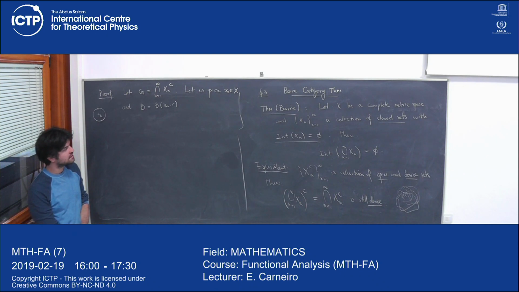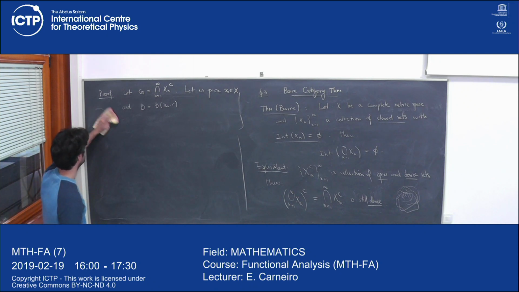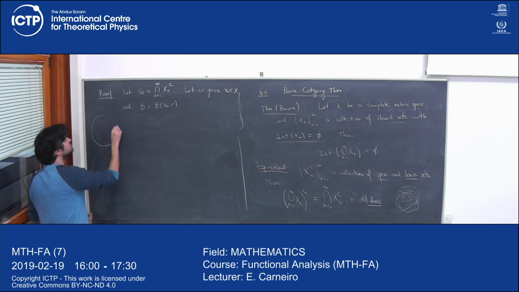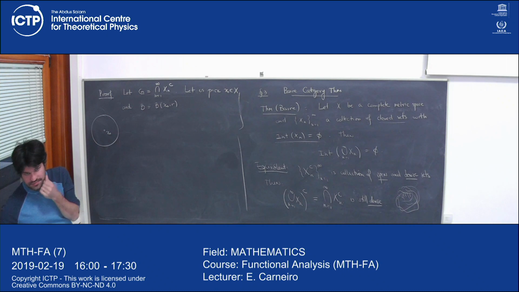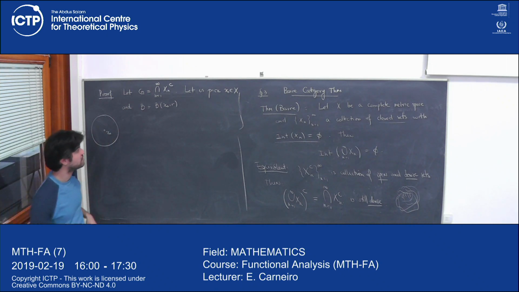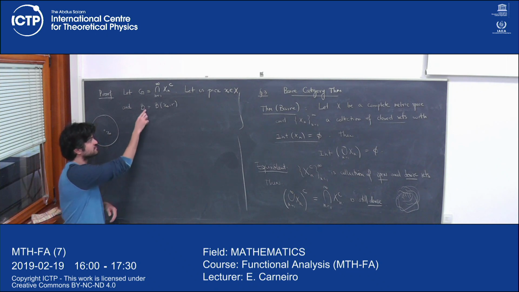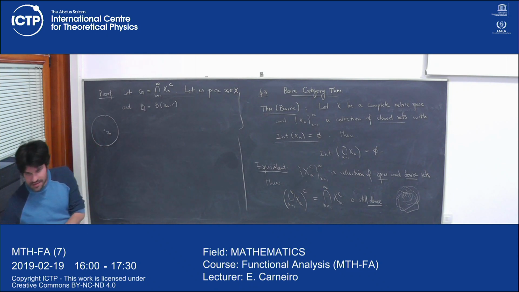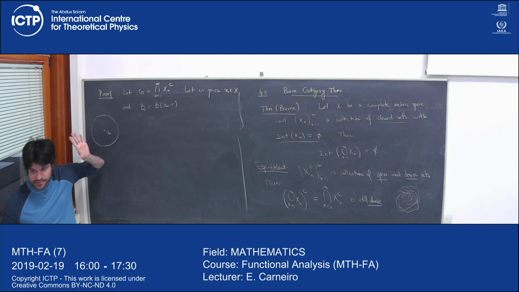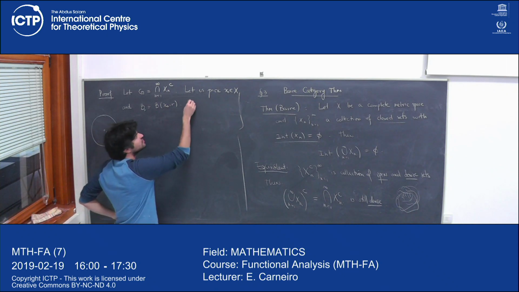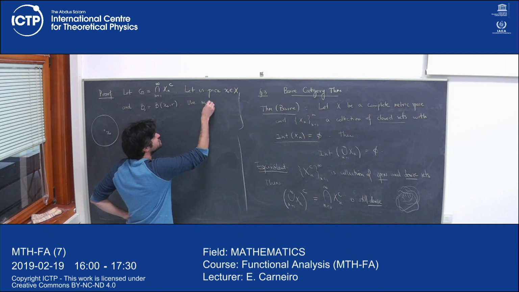So you got my point x0, and I got the little ball here. I have to prove that in this ball there has to be a point in G. I call this ball B, maybe B0. It's a ball with center x0 and any radius r. So this is given. Okay, so we must prove